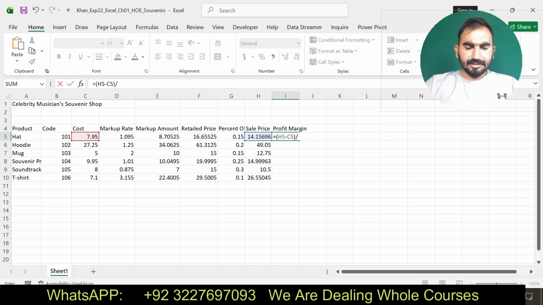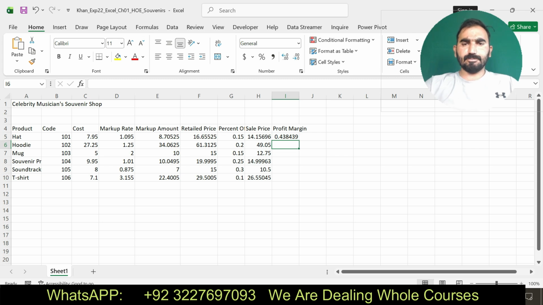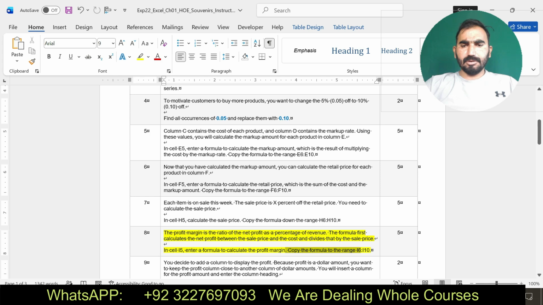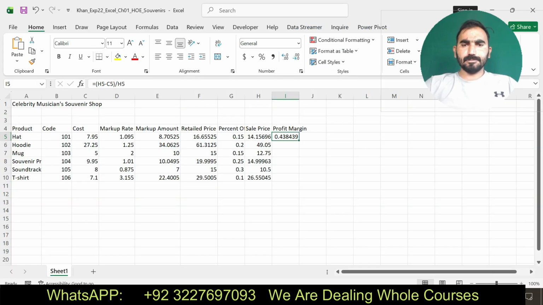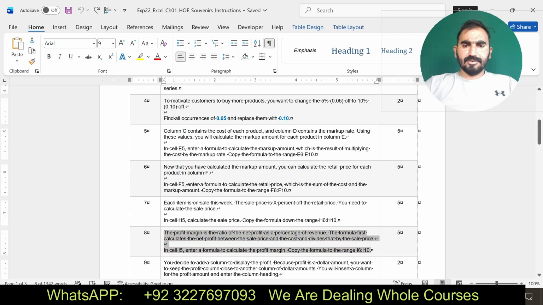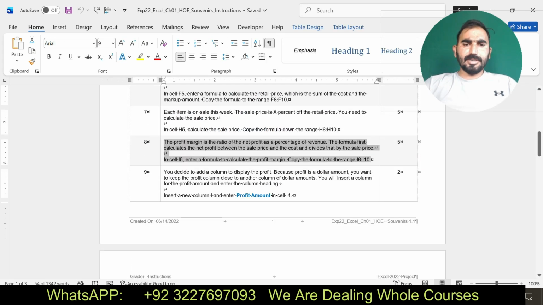Here you can see I am going to find the profit margin by applying the function according to the instruction of step number 8. Here you can see 0.43. I have found the values for the profit margin, and according to the instruction I copy the formula to the ranges I6 to I10. I have done this one. Now I am going to move to my next step.